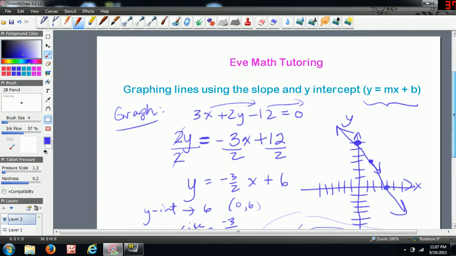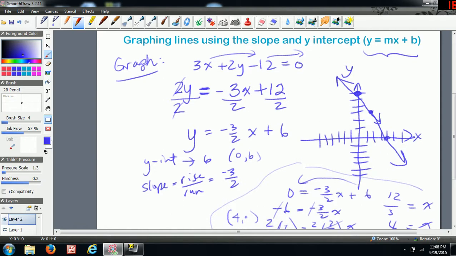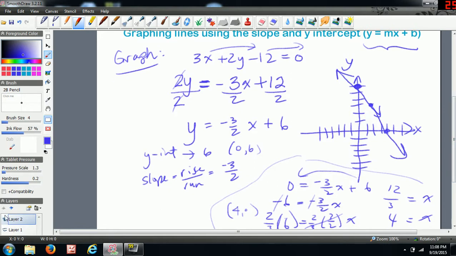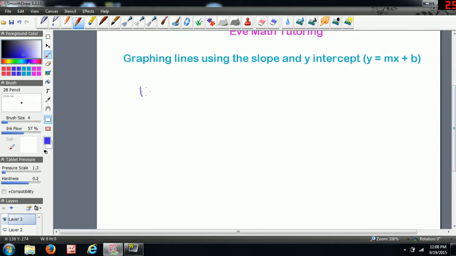I'm just thinking if I should do an example with a positive slope. So looking back here, it looks like I did 2 examples with negatives. I'm going to do one more example, and I'm just going to do one with a positive slope. So let's do one like that. So we're going to graph